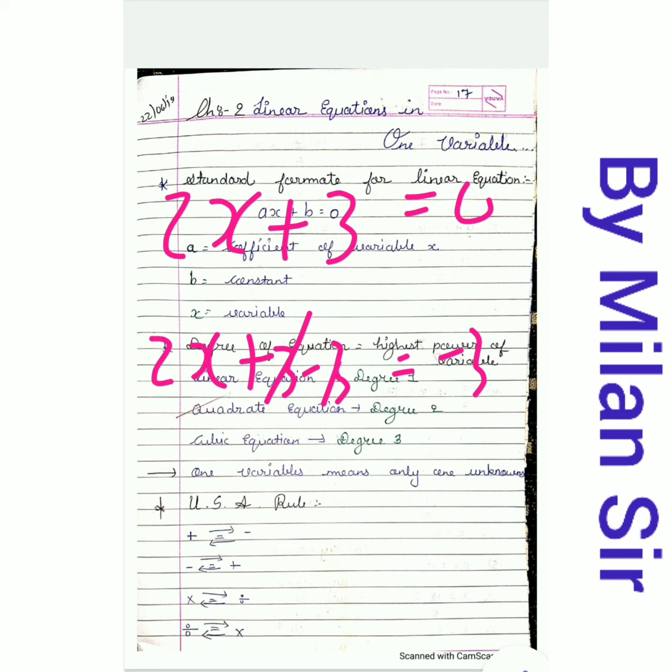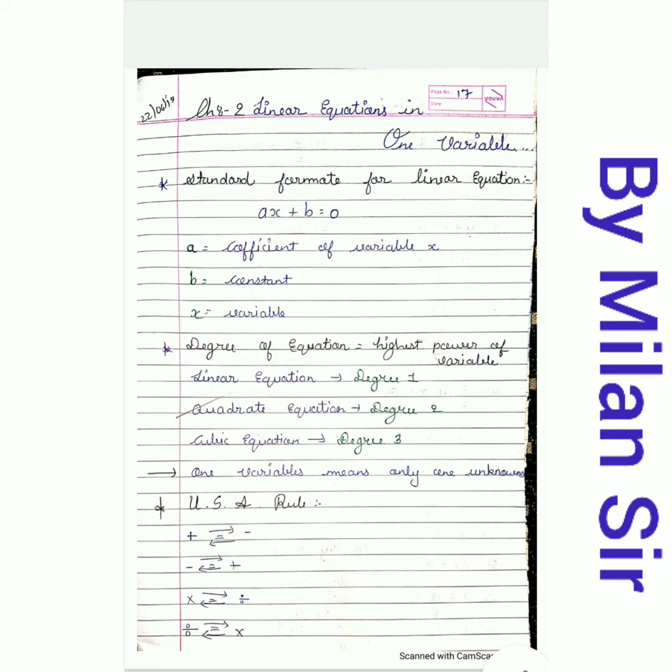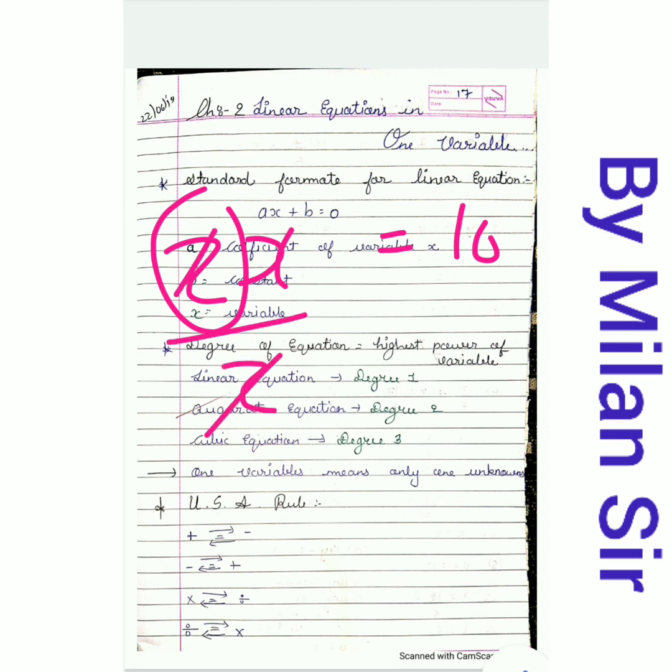Now let's take an example for multiplication. 2x is equal to 10. If I want to cut this 2, what do I need to do? Right now it is in multiplication with x. So if I divide by 2, then 2 cuts, 2 ones are 2. The same thing we need to do on the right hand side. So we are saying that this 2, if we transfer to the right hand side, goes to the denominator.